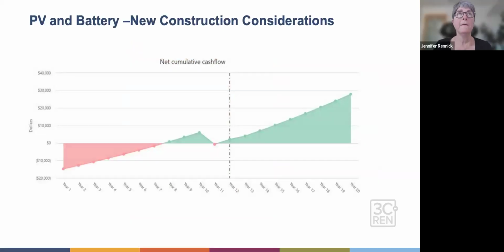Okay, so kind of big picture on this. When we talk about zero net energy, the whole idea was that at the end of a year, you would have sent as much energy to the grid through your PV system as your house would need to run it. And usually when we're talking zero net energy, that would imply electricity, and the whole house would be electric, for